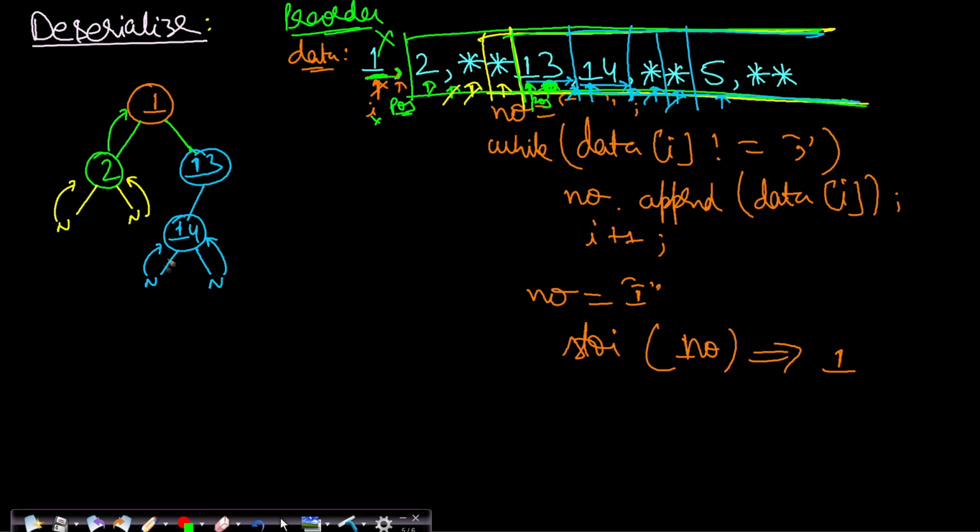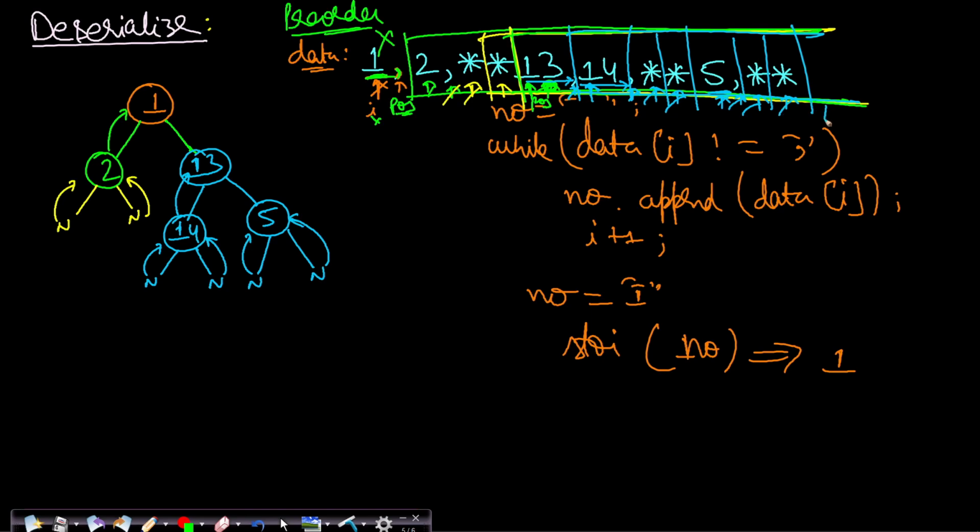So since we are done with both left and right call for 14, it will return to 13 and it will make the right call now. So I will extract the number. So I'll reach this comma and 5 will be extracted and 5 will be put here. And then again I will make the left call. So I'll trim out till this comma. I'll be pointing to the star, and the star denotes that it will be null. So return null. Again trim it out and reach the second star, and this will denote this is also null and return null to it.